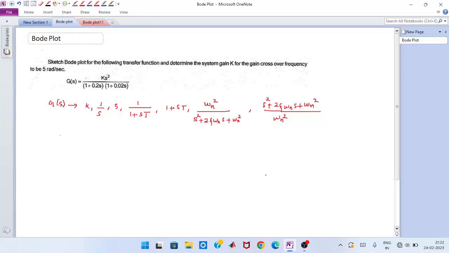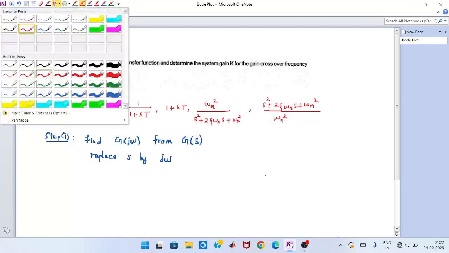The next step in Bode plot is to find the frequency response from the given transfer function, that is, find G(j omega) from the transfer function G(s). How do you obtain G(j omega) from G(s)? Replace s by j omega. So now in this particular problem, let me consider the value as